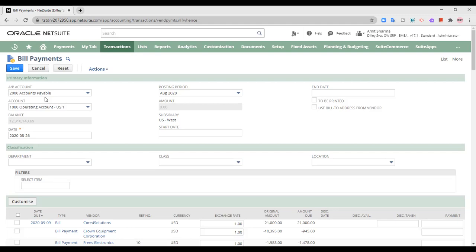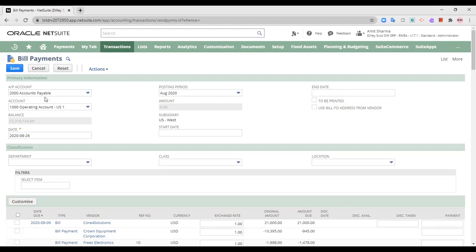You can yourself select the subsidiary, you can yourself select the account, the accounts payable account, if you've got 2-3 accounts payable accounts depending on the subsidiaries, posting period, and the end date, subsidiaries, account, that is the bank account, and accounts payable account, department, class, location.